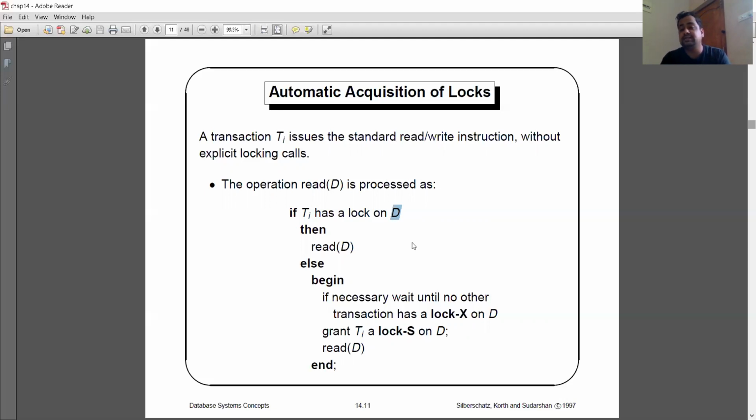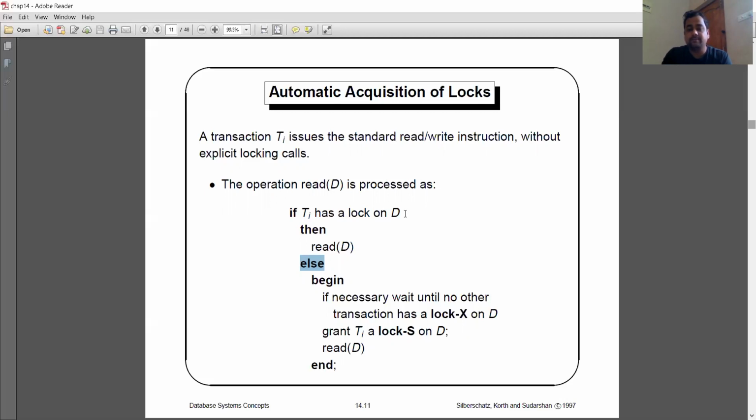What exactly is the meaning of this else part? That means we cannot put a lock on data item D. If you cannot put a lock on data item D, it indicates that the data item D is already being used by some other transaction. If those transactions are using the data item D, we cannot put a lock over there.